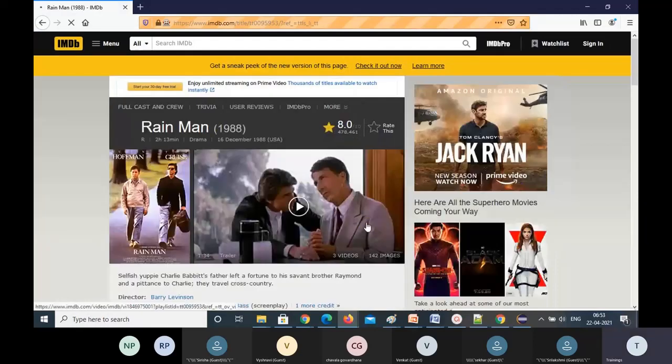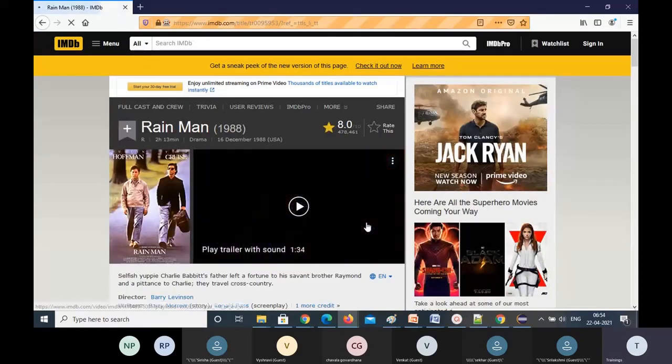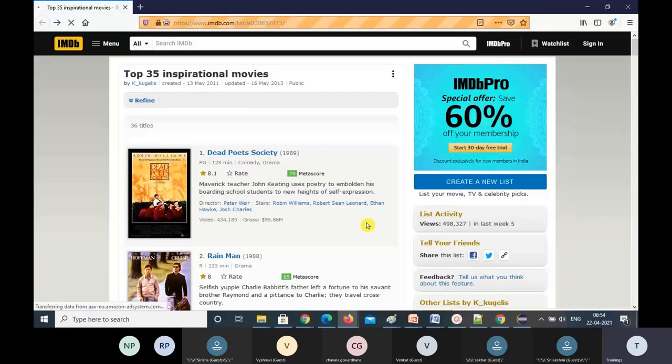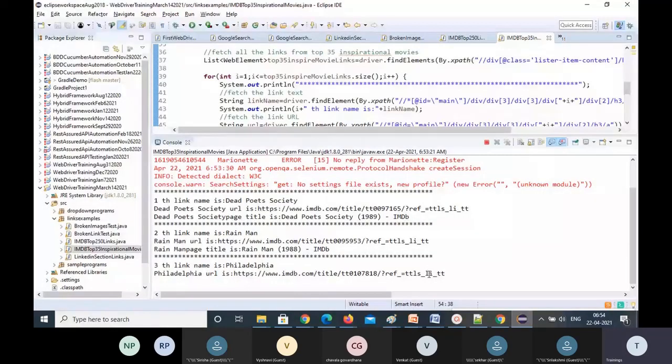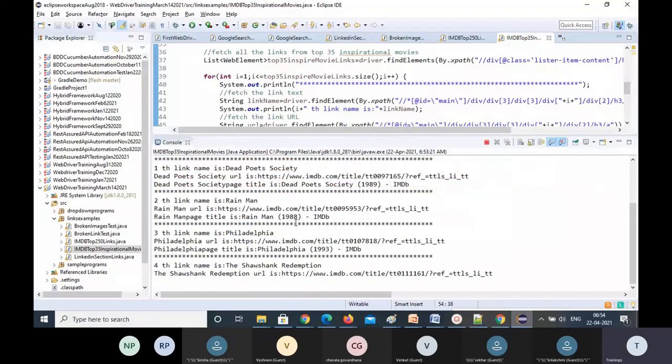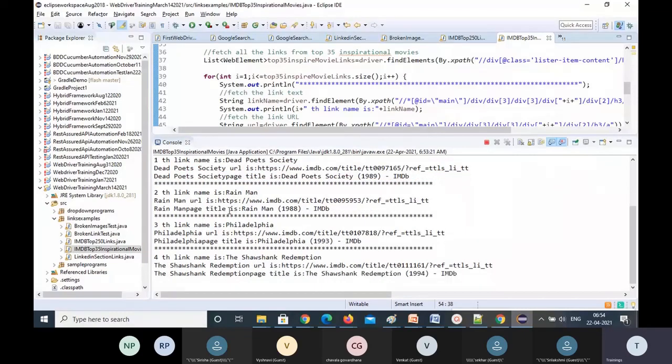See now Rain Man. Like this you can validate each and everything. It will validate automatically. You don't need to bother about that. See that. URL also, Rain Man, page title is.